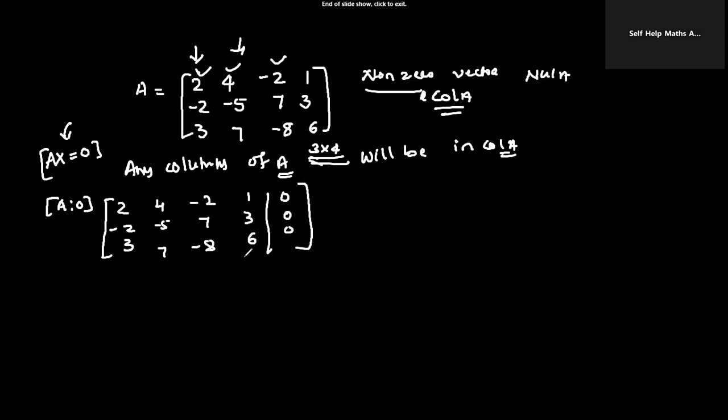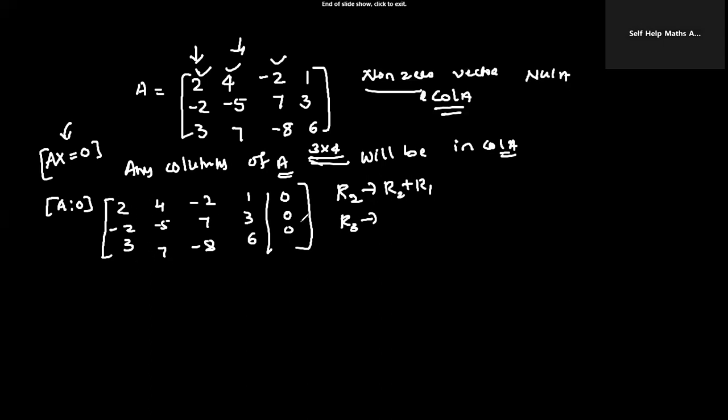Yeah, this is our augmented matrix A along with the 0. If you observe carefully here, I'll try to make this row 0 and this row 0 by using R1. So our row operation must be R2 changes to R2 plus R1, and R3 changes to,